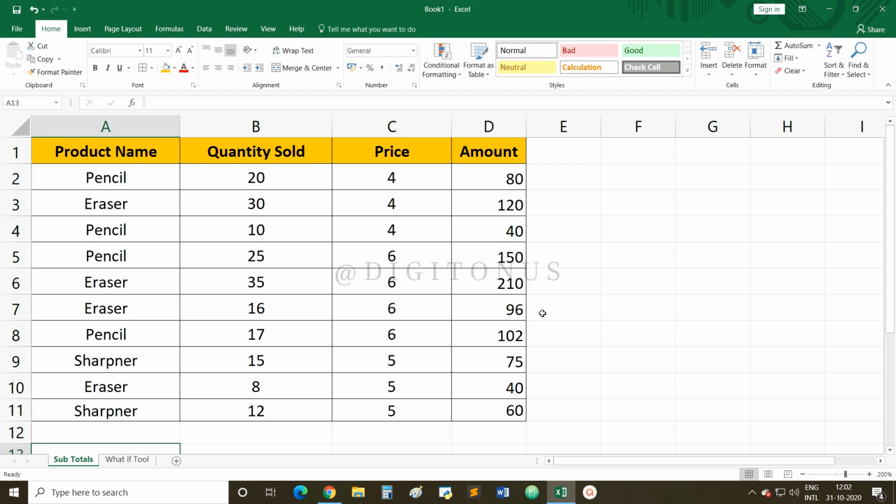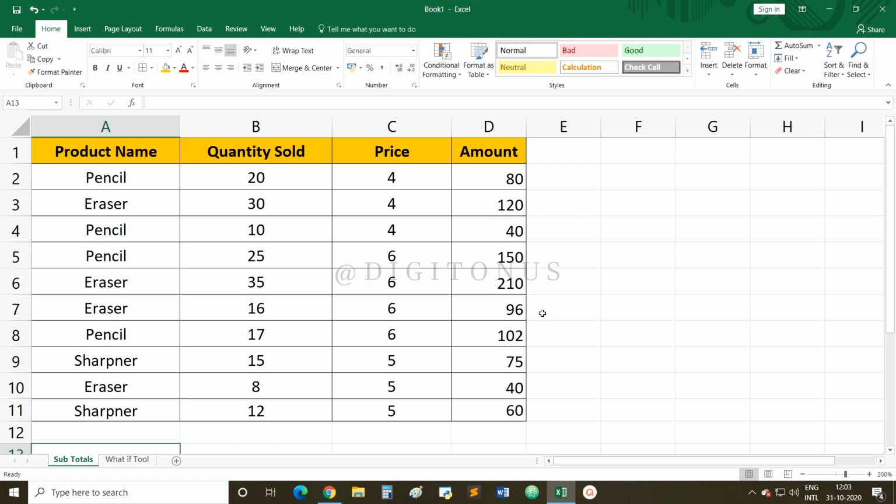This video is in continuation with my last video for class 10th, Unit 2, Electronic Spreadsheet Advanced. In our last video, we learned how to create 3D sum and how to use the consolidating data feature, and we also discussed the difference between the 3D sum and data consolidation. In continuation, in this video, we are going to cover creating subtotals, how to use what-if analysis, and the benefit of using what-if scenarios. So let's start with the video tutorial.